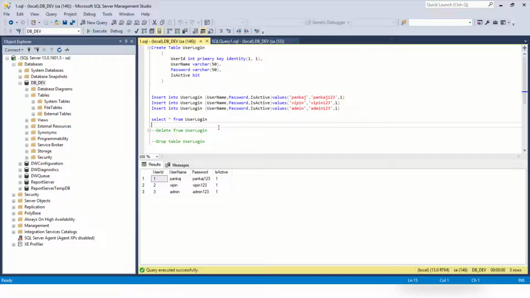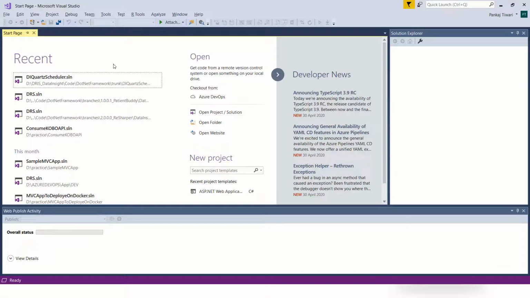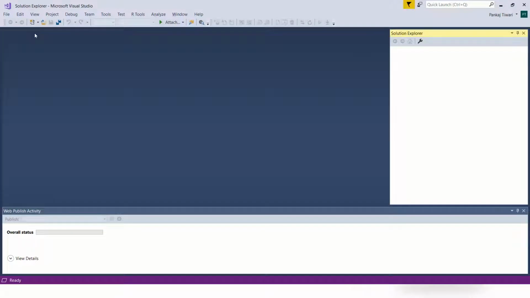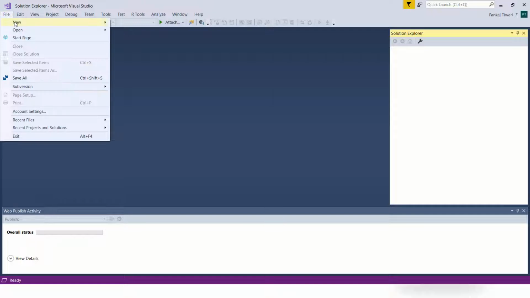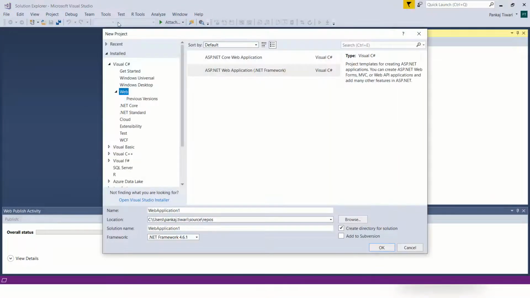Okay, now we need to create one MVC project. So let's flip to Visual Studio. We can create it by using this. Just select New Project and then ASP.NET Web Application.